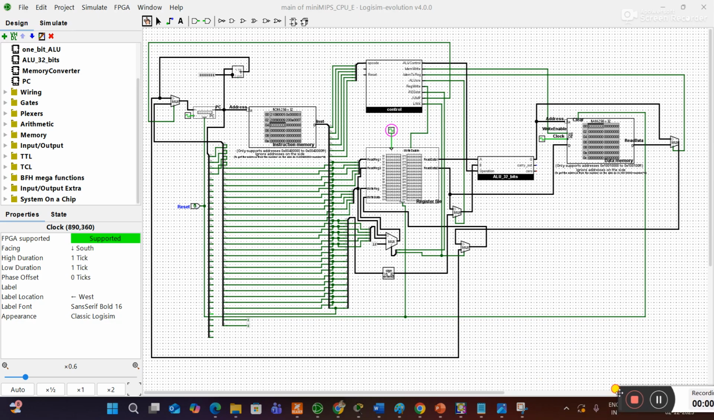The design related to MIPS. The mini MIPS is designed here by using Logisim Evolution version. Here the entire code shows